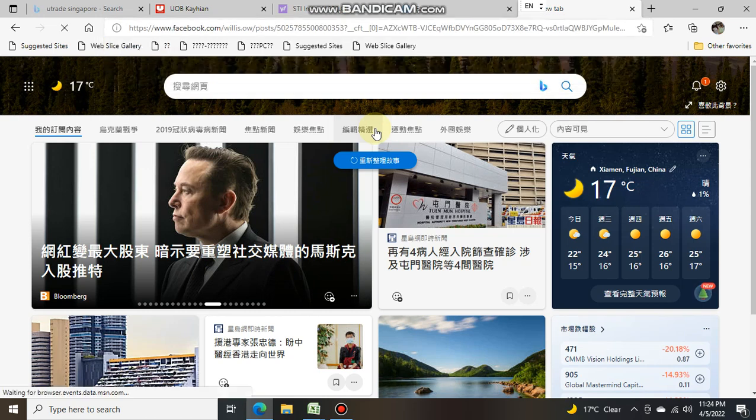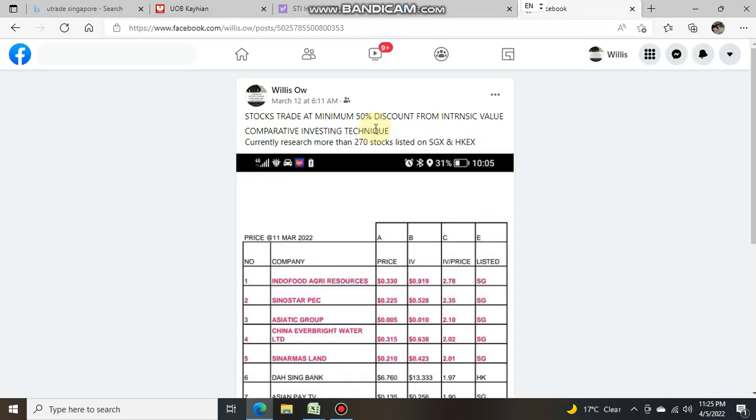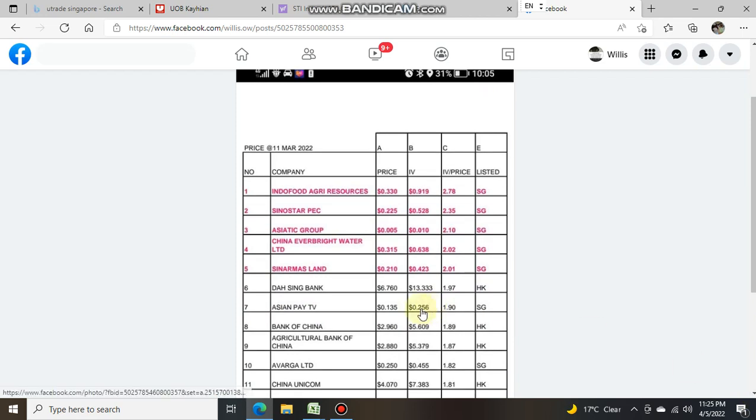All you need to do is go to these different links to verify our purchase, which was on the 12th of March. In this attachment we highlighted 5 stocks for investors to buy to add into your portfolio. We have Sinostar Pack and Cinemas Land as some of the investment opportunities that we urged investors